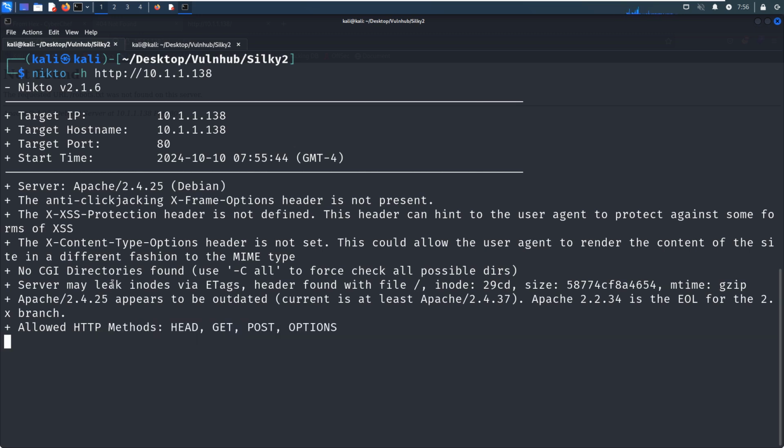And even if the web application or software is vulnerable, Nikto can give us such information as well. But coming back to this machine, we cannot get anything from Nikto.